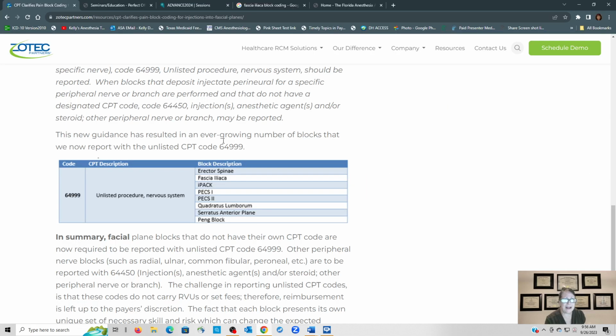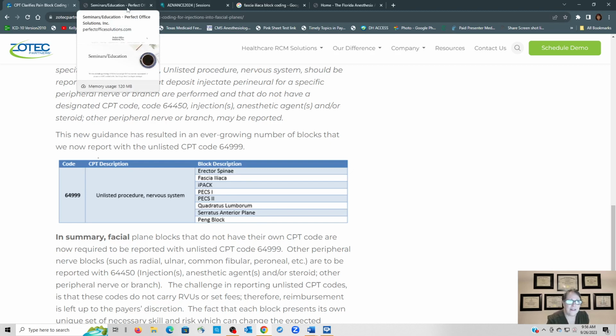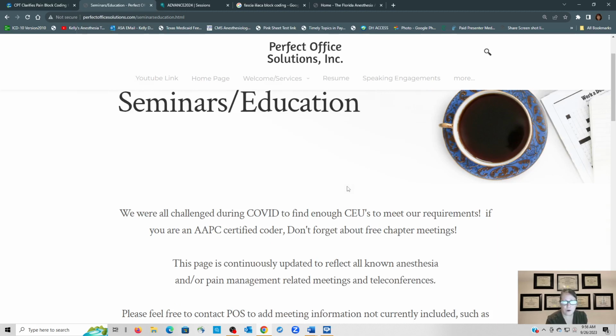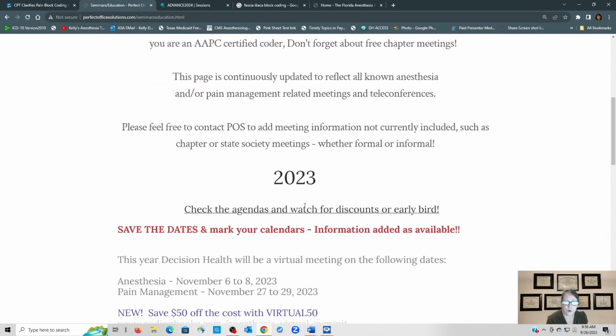So let me take us back over here, and I will tell you that there are places for us to get education, but they're few and far between anymore, honestly. So I have on my website, and I'll link this, and someone just shared with us recently, and I was grateful, Carrie Davis, for letting us know about her anesthesia meeting and allowing me to share it here. So anytime you have an AAPC meeting or something that you know is specific to anesthesia,